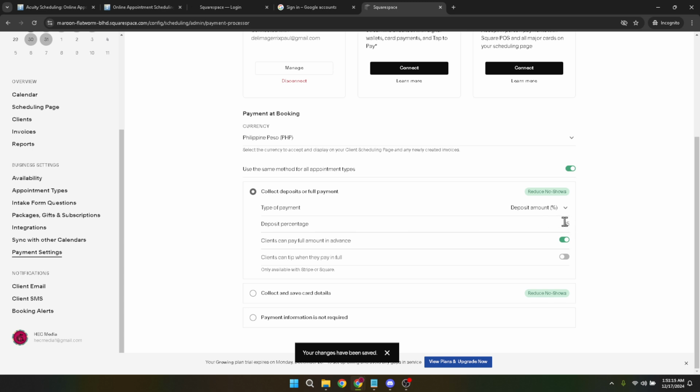Slide or enter the specific percentage that aligns with your business strategy and client base. Remember, the right deposit amount can serve as a sweet spot between securing your time and accommodating your client's financial needs. And that's all there is to it. You've successfully navigated to the heart of Acuity scheduling's payment settings and adjusted the deposit requirement to better fit your business model. This simple yet effective tweak could lead to improved booking rates and reduced cancellations, optimizing both your schedule